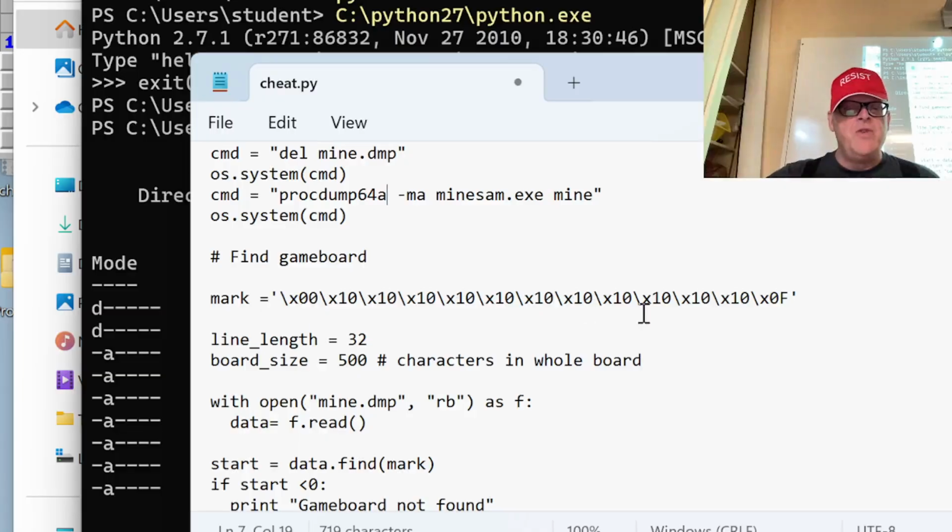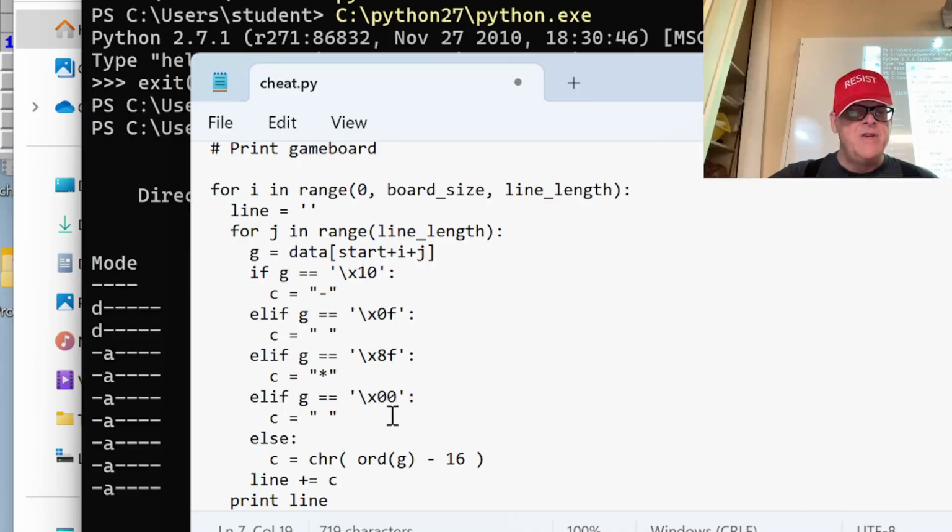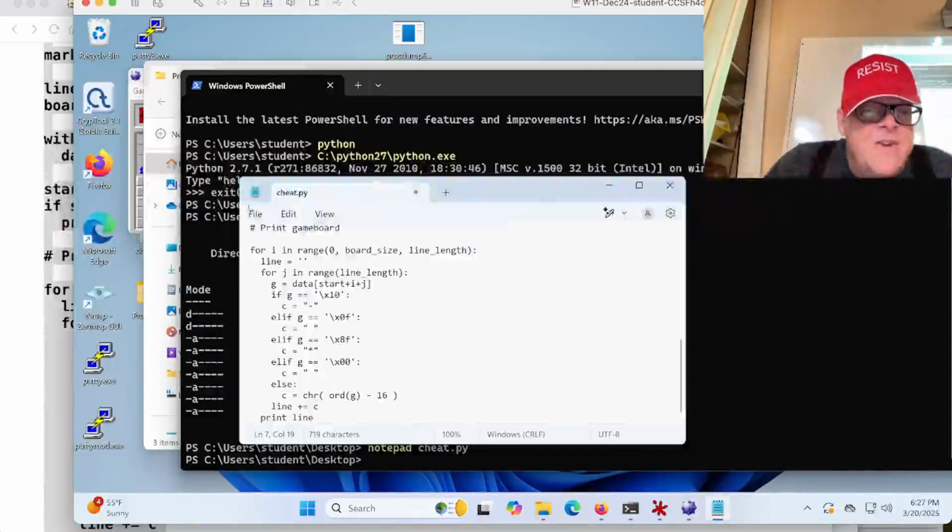This will now search for the game board, which starts with this pattern of bytes. And then it will go through that pattern of bytes and just print them out, replacing the existing code with minus, space, star, and other characters, which will show me what's going on. So that's it. That's what I've got. Let me save this with file save